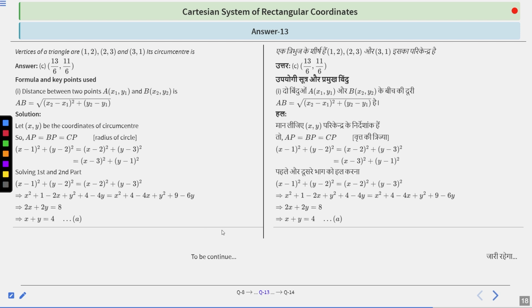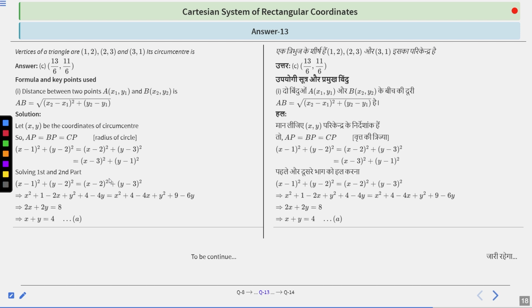So AP is equal to BP is equal to CP, and it is equal to the radius of the circle, right? Which is equal to (x minus 1) whole square plus (y minus 2) whole square is equal to (x minus 2) whole square plus (y minus 3) whole square is equal to (x minus 3) whole square plus (y minus 1) whole square, right? Solving the first and second part, we will get (x minus 1) whole square plus (y minus 2) whole square is equal to (x minus 2) whole square plus (y minus 3) whole square, which after solving